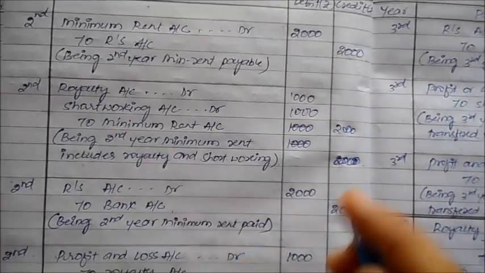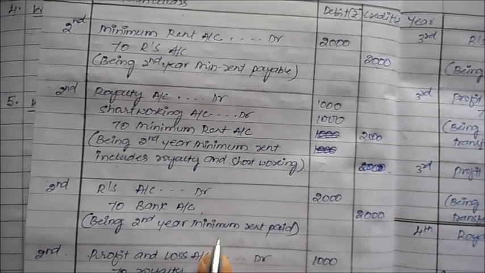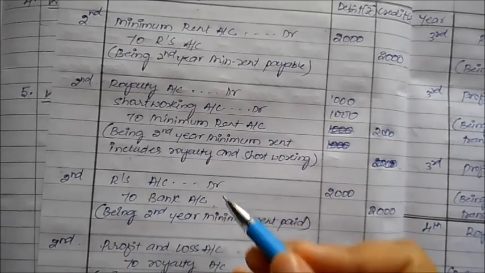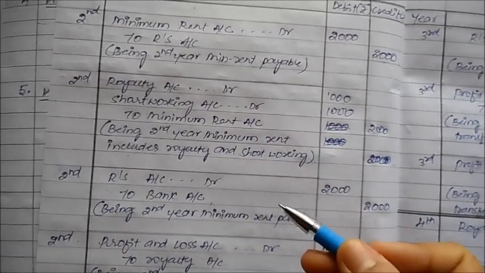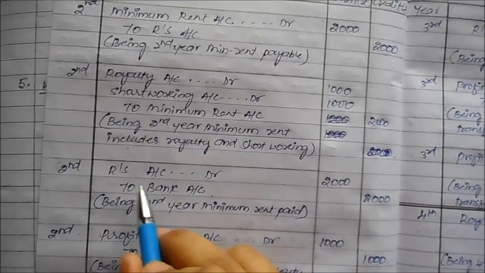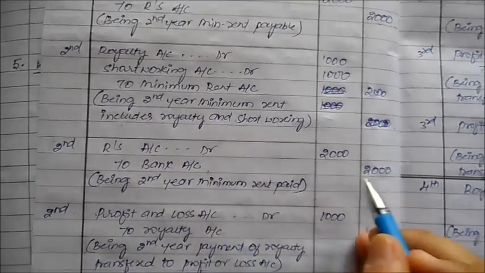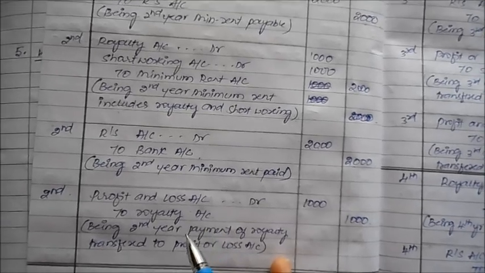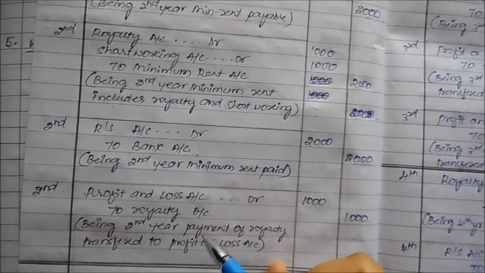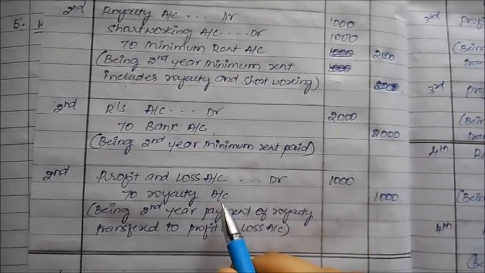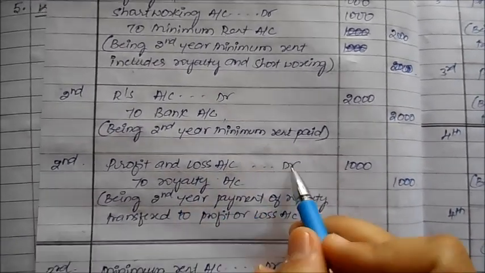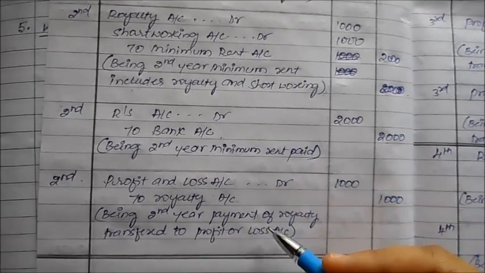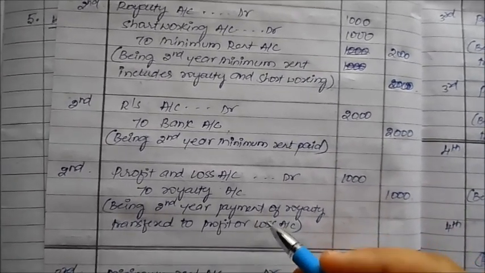Alright. Third one, because whatever amount has been recorded will have to be paid to the lessor, that is, the landlord. So it will be lessor's account debit to bank account, 2000. Next, the actual amount of royalty getting transferred to your profit and loss account will only be to the extent of 1000. So P&L account debit to royalty. There is no big change. It's just that you are recording the financial statement, that's why it is getting transferred to the P&L account.